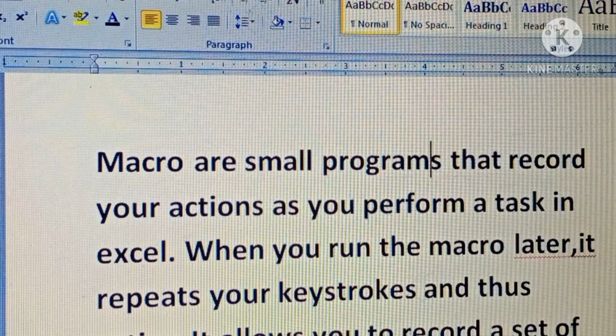It allows you to record a set of actions that you perform repeatedly in a spreadsheet. It means whatever actions you performed in the spreadsheet, all of them will be recorded in this macro, and later on you can run that macro, and you can run a macro as many times as you want.